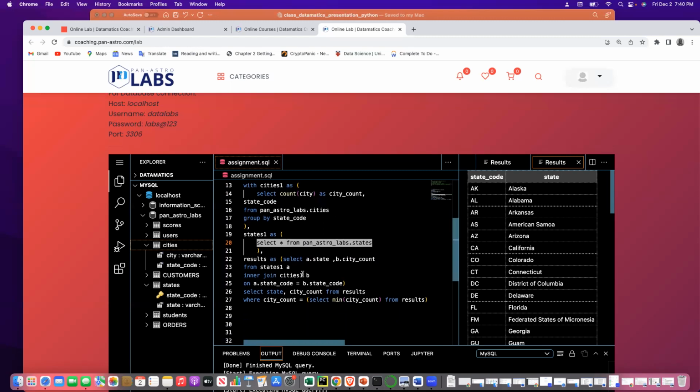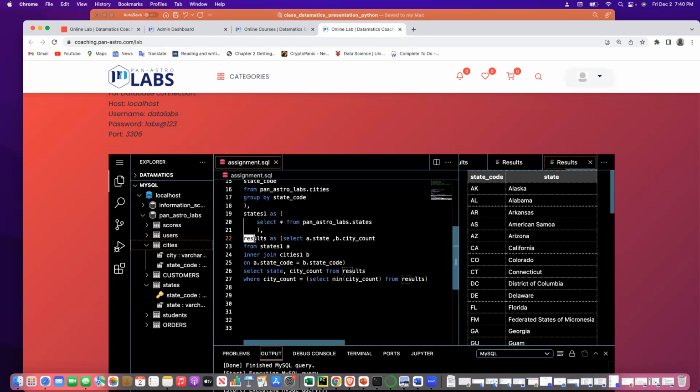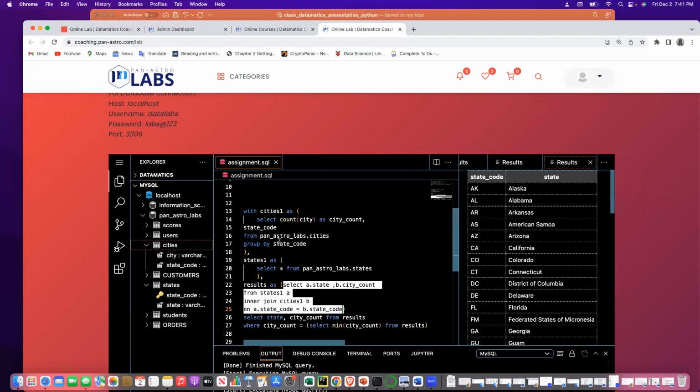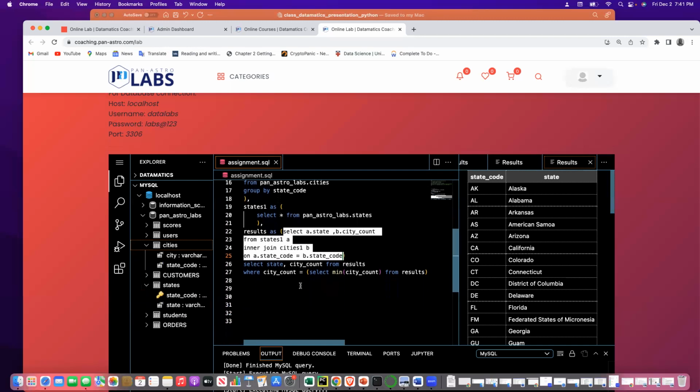Okay, now see. Now, these results cannot run the way I ran those, because it is a temporary window. It will only work if those other cities are present. Are you with me? Because they are imaginary. These results, if it were to be a table in this space, it would work. It's a temporary table within this programming paradigm, within this universe. Are you with me? So this result is a table we named, and it's coming from the states 1 table